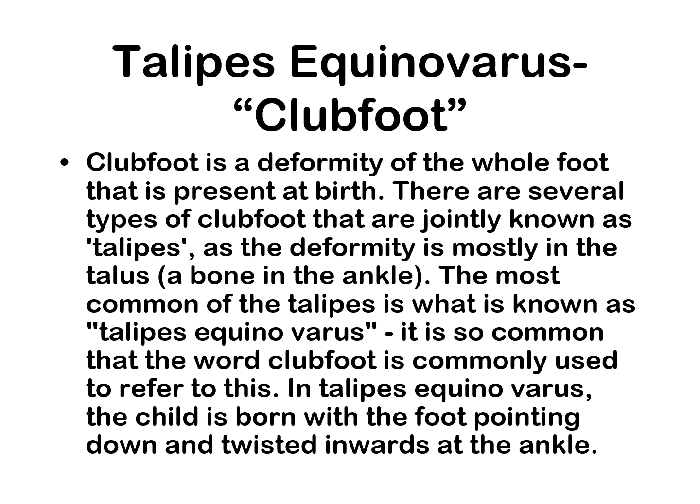Talipes equinovarus, clubfoot. Clubfoot is a deformity of the whole foot that is present at birth. There are several types of clubfoot that are jointly known as talipes. As the deformity is mostly in the talus, a bone in the ankle, the most common of the talipes is what is known as talipes equinovarus. It is so common that the word clubfoot is commonly used to refer to this. In talipes equinovarus, the child is born with the foot pointing down and twisted inward at the ankle. Alright,